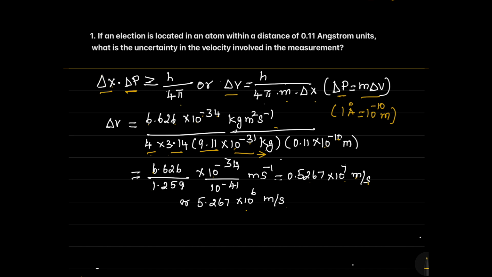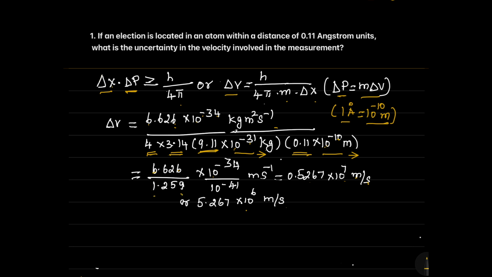This is to be expressed in meters. 1 Angstrom unit is equal to 10 raised to the power of minus 10 meters. Therefore, delta x value is 0.11 into 10 raised to the power of minus 10 meters. To solve the equation, we are separating the numerical parts and the exponential parts. The numerical part is 6.626 divided by 4 into 3.14 into 9.11 into 0.11